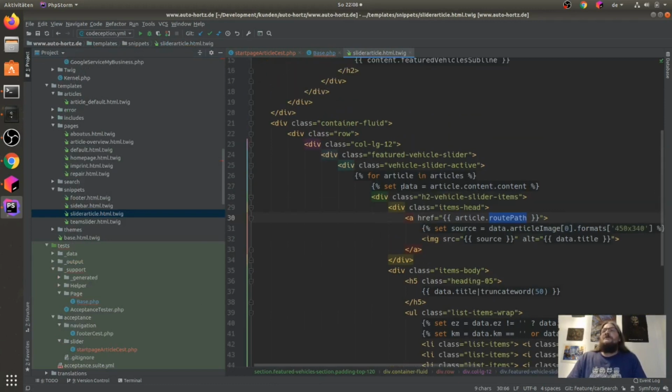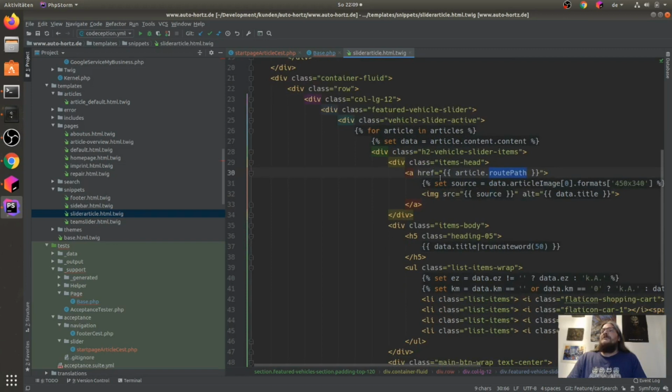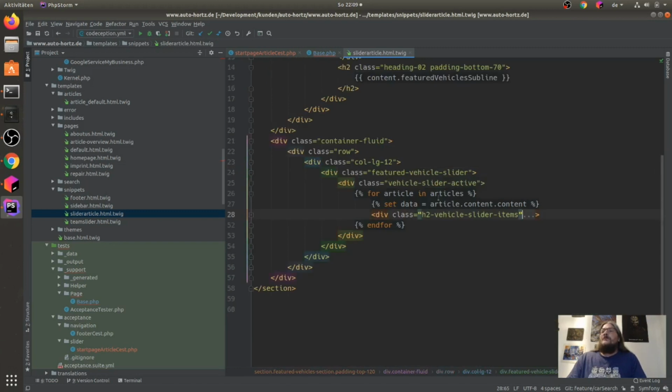So in the snippet we have here every time this vehicle slider active, and in this there are H2 vehicle slider items. This is the iteration here. So this is our slider item, and we want to test something on this item.